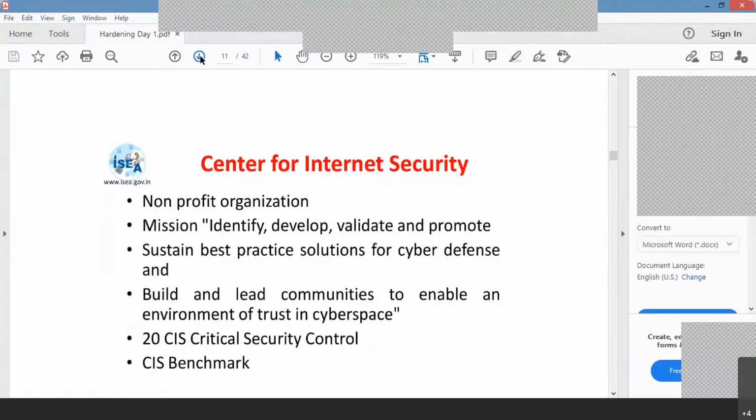So these are some of the things we will focus on in today's session. We basically have the 20 CIS security controls, ranging from CS1 to CS20, where we see what controls are required if it is an Active Directory. Suppose there is a web server, what exactly are the controls required?